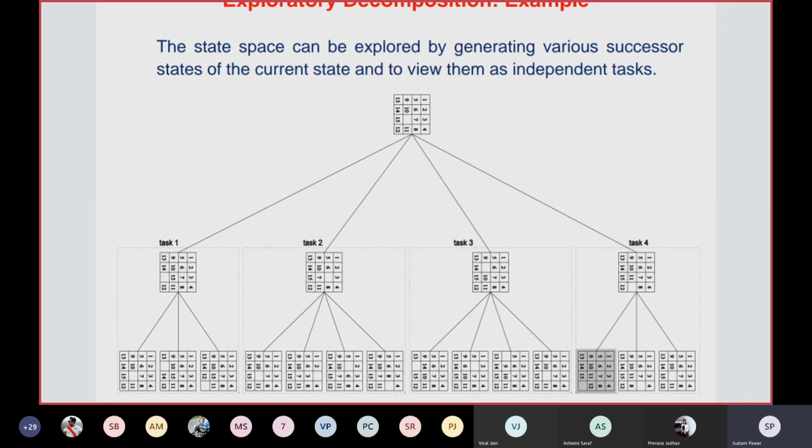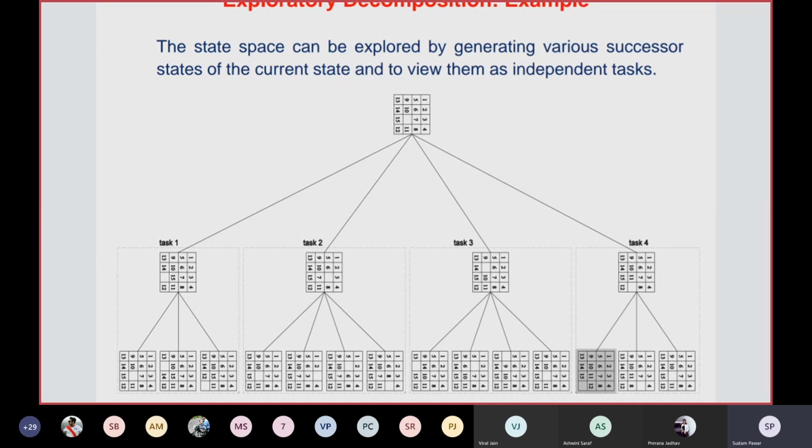In task 3 also you can move 14 down. This is possible, right? Then you can move the 6 down also, and after 6 is down there, there is the possibility of moving 9 towards its right, then moving the 10 towards left. These are the possibilities if you see that.